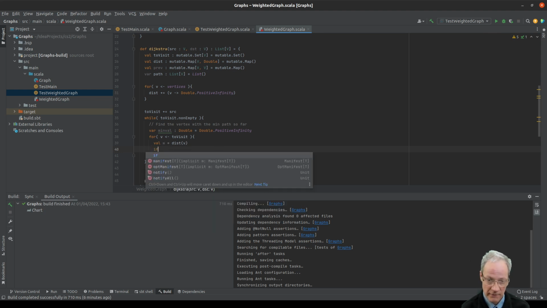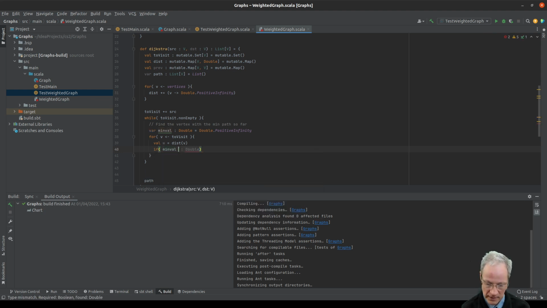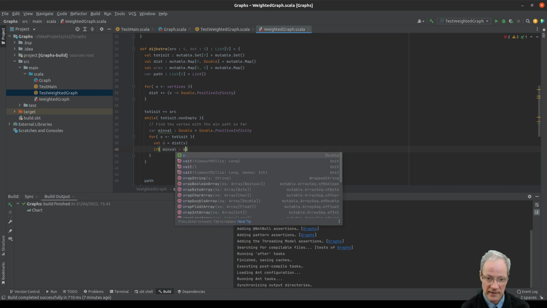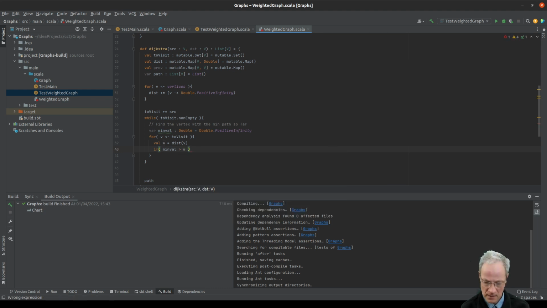So that's a simple way to find a minimum value. If min value is greater than the weight, then we are going to replace min value with the weight,